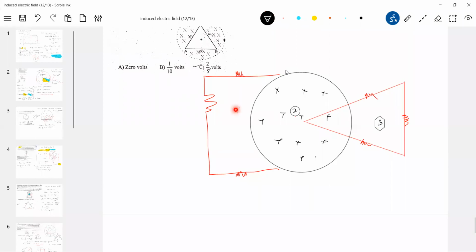There's no EMF induced in loop 1. The net EMF induced in loop 1 should be 0. Here B bar is present only here. What about the EMF induced? It is partially there, only in this area of this sector, S into dB by dt. The area of this sector into dB by dt is the EMF induced in loop 3. What about this one? No net EMF is induced, it should be 0. Whatever EMF is produced here, equal and opposite will be produced on this side. So you get more than one loop also in induced electric fields. You have to be careful. Our books confine only to one loop, but more than one loop can come. Tomorrow I'll continue with some problems related to this.